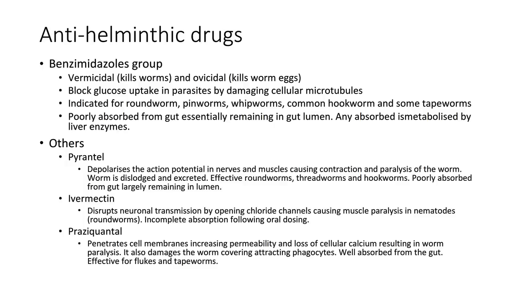If it's a drug that is going to kill the worm, they're termed vermicidal. If it's a drug that's going to kill the eggs of the worm, then they're called ovicidal. And what they do is actually block the glucose uptake by the worms and any other parasite that might be around to stop them being able to make cellular microtubules. Now, the microtubules form the structural elements within the cells that create the layout for where the ribosomes are and where the nucleus is, and in fact the spindle is created of microtubules for reproduction,